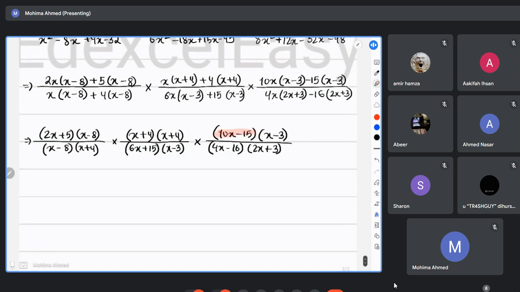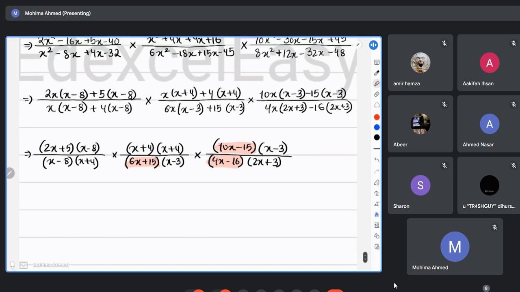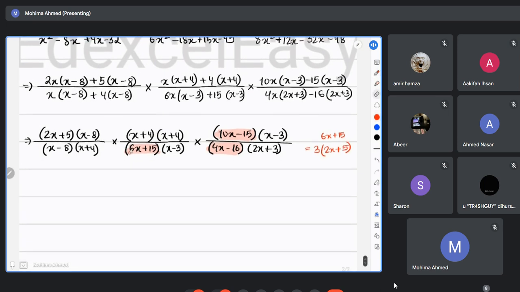I can clearly understand that these fractions, right? This one, this one, and this one, they can actually be broken down, made much simpler. For example, from 6x plus 15, I can take what? 3 common. I'll just start the rough working over here that I have 6x plus 15, right? So I can take 3 common. Then I'm going to get 2x plus what? 5. So instead of writing 6x plus 15, I can write 3 times 2x plus 5.